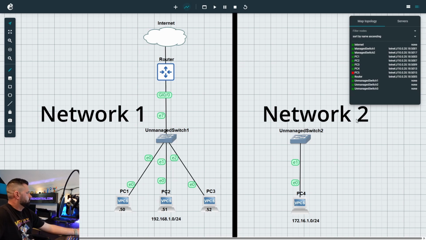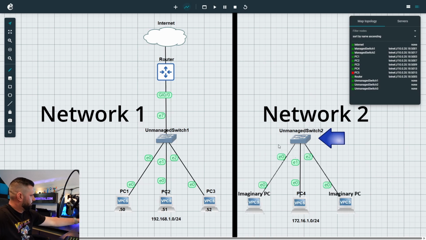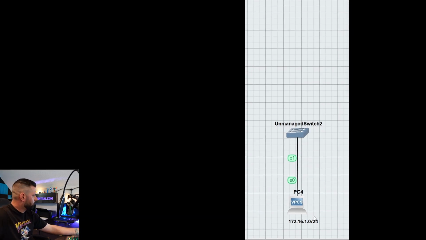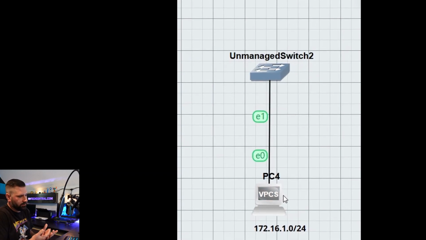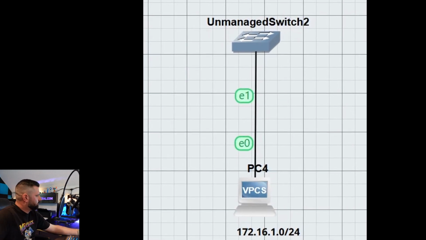But what's the issue? Well, it's pretty obvious. First of all, this network only has one computer connected to it, so that's pretty pointless. You don't need a network if it's just a single computer that isn't going to be accessing anything else. But just pretend there are multiple PCs connected to unmanaged switch 2 as well. So we have the 172.16.1.0/24 network. All of those PCs could communicate with each other, but we have no internet connectivity at that point,